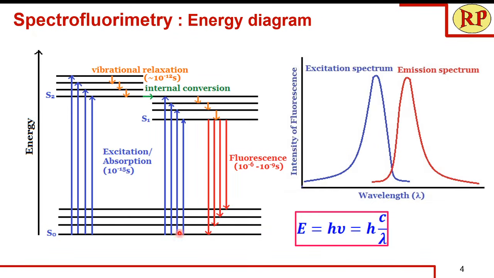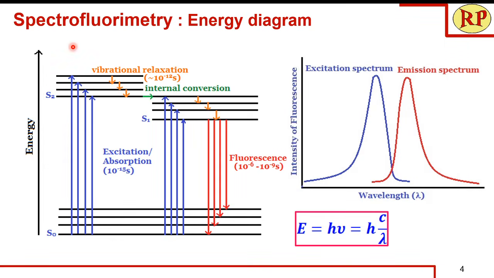We'll understand the process behind this fluorescence. This is a part of Jablonski's diagram. We are not showing the triplet states. We are just showing three singlet states, S0, S1 and S2. S0 is the ground state and S1 and S2 are the excited states. When we have a molecule, we have a lot of vibrational levels within each singlet state, and the electrons present in the lowermost vibrational level of S0, that is the ground state, when it absorbs UV light or visible light, gets excited to any of the vibrational levels of the excited state, that is S1 and S2.